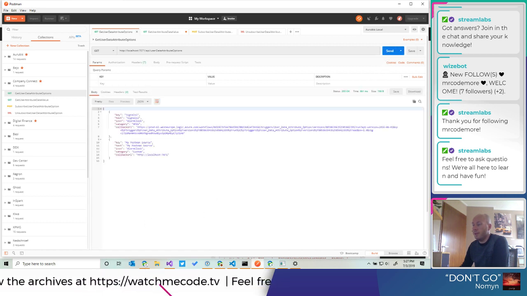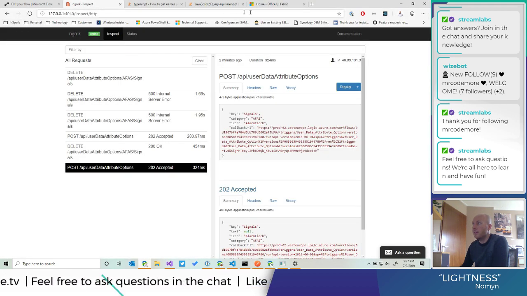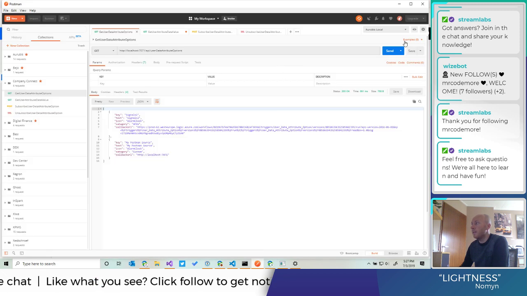Boom. There it is. So probably the delete was later than the post, and then it deleted the new one. That's kind of annoying, but we'll fix that later because it won't happen that often. It will only happen if you keep the title and the category the same, and you just change the icon.